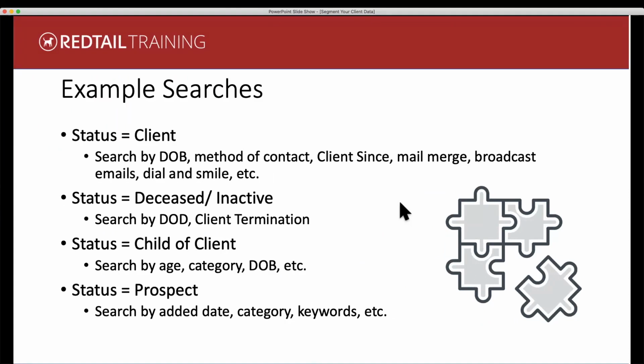Other searches are going to include status is equal to deceased or inactive. Maybe you want to see how many clients have been lost over a certain year or a certain time frame. There is a client termination date field on the contact record, and there is a date of death field on the contact record. And you could run a search of everyone who is deceased or inactive who has either a